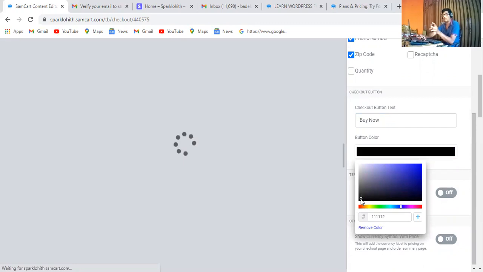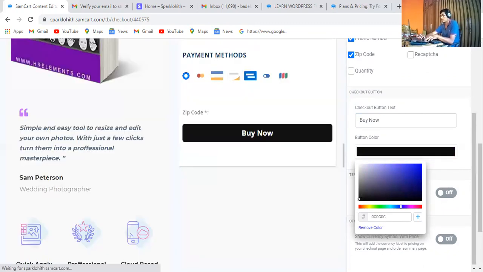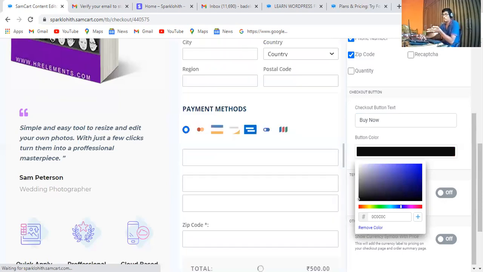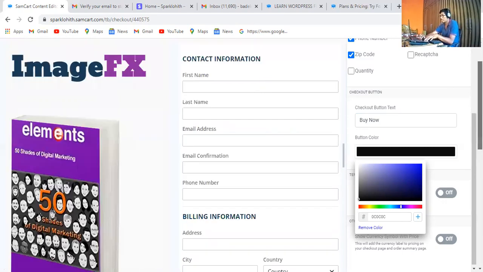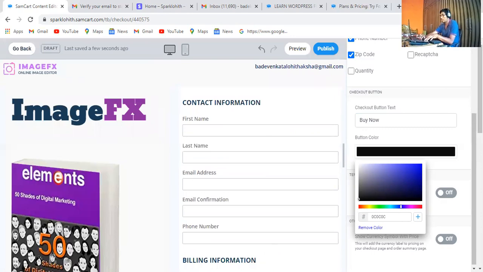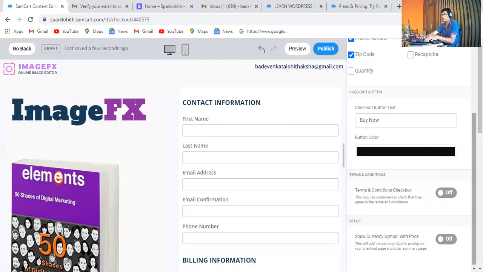Okay, let's wait. See, finally you got the color change in the button only. And after that, see here, all of you, you have to click on publish for whatever sample product I already created.